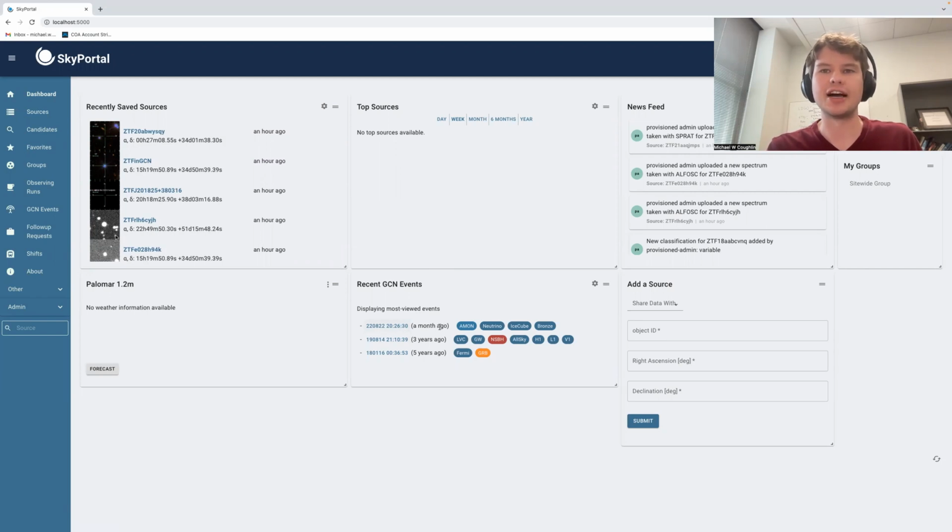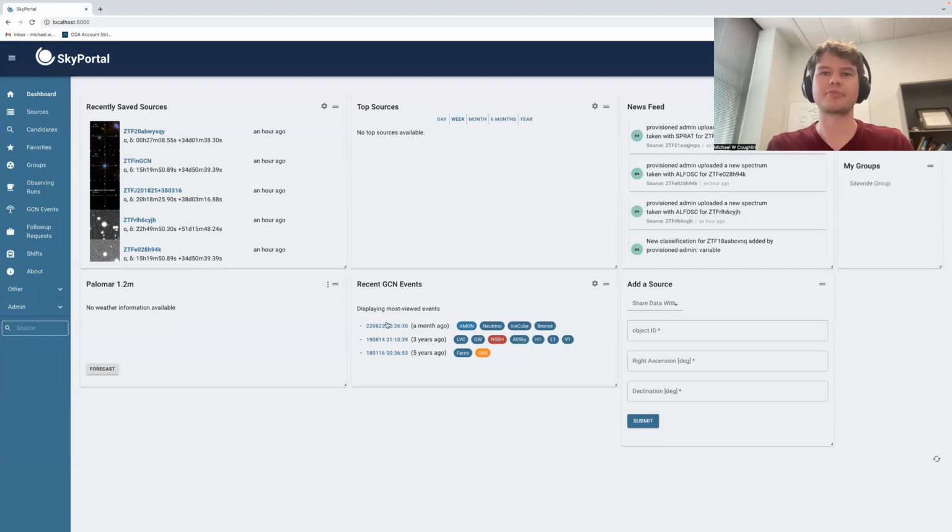And so within this little panel, you can see what we call tags, but basically some basic information about the particular event. The fact that it corresponded to a neutrino, it was one of these bronze track events that IceCube puts out. We have similar information available, for example, for gravitational wave events, the fact that this particular one was a neutron star black hole and the detectors that saw it. In the case of Fermi, indicating it's a GRB, depending on the event, maybe it'll have information on short versus long,